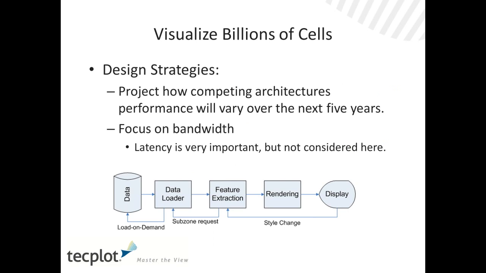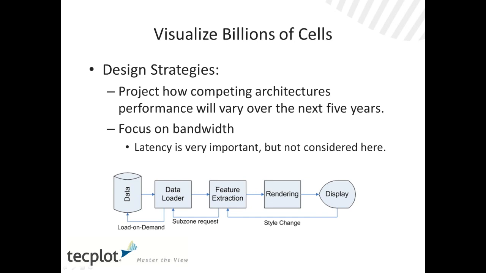So if you want to visualize 1 billion cells, you need to really look at the architecture you're using. So you want to project how the competing options will perform over the next few years. There's a famous quote from Wayne Gretzky that he skated to where the puck would be, whereas everyone else skated to where the puck was. And we're trying to skate to where the puck will be over the next few years, so our architecture, as we modify it and improve it, will be optimized for the future